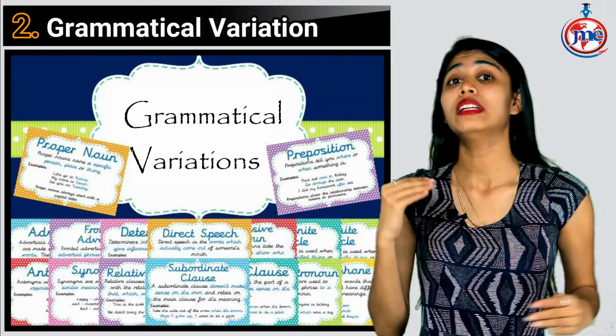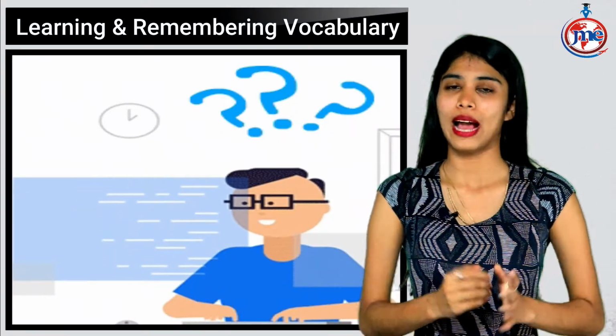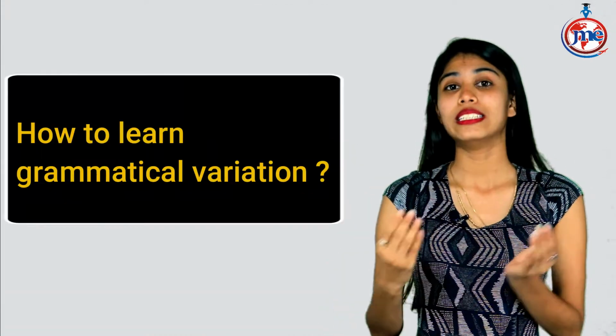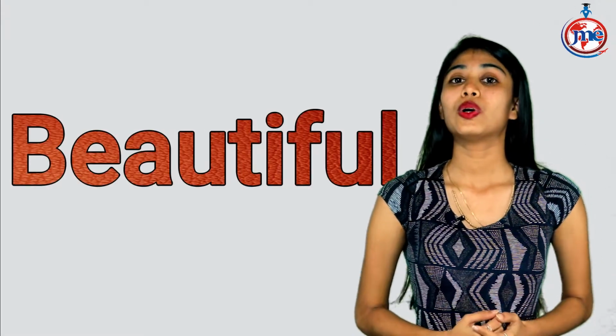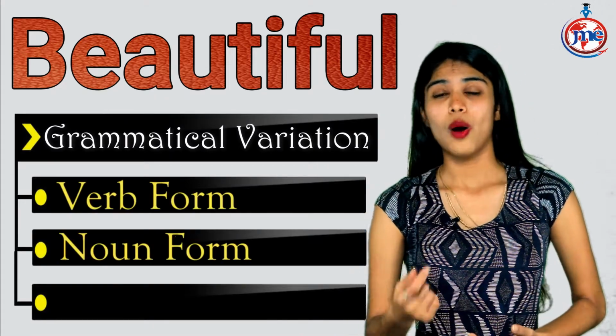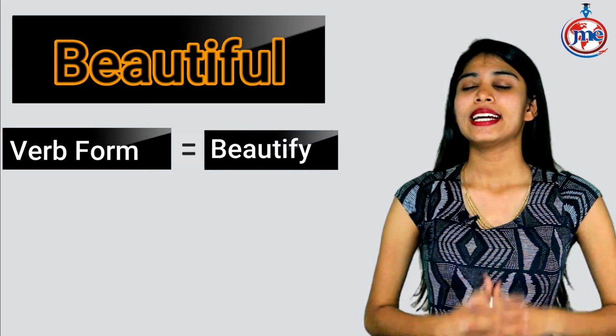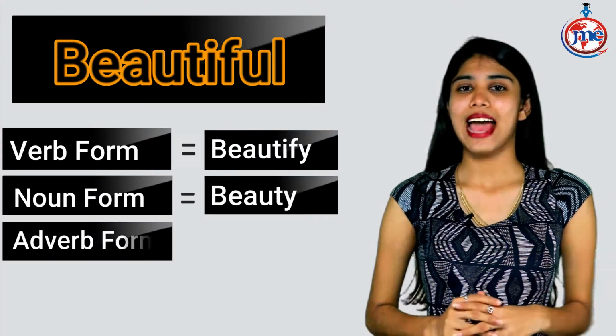Students, you have to learn grammatical variation because it's a magnificent way of learning and remembering vocabularies. Let me give you an example so that you can understand how to learn grammatical variation. So students, let's say you are learning a word called beautiful. So you need to know its grammatical variation, like its verb form, noun form and adverb form. So students, for the word beautiful, its verb form is beautified, its noun form is beauty and its adverb is